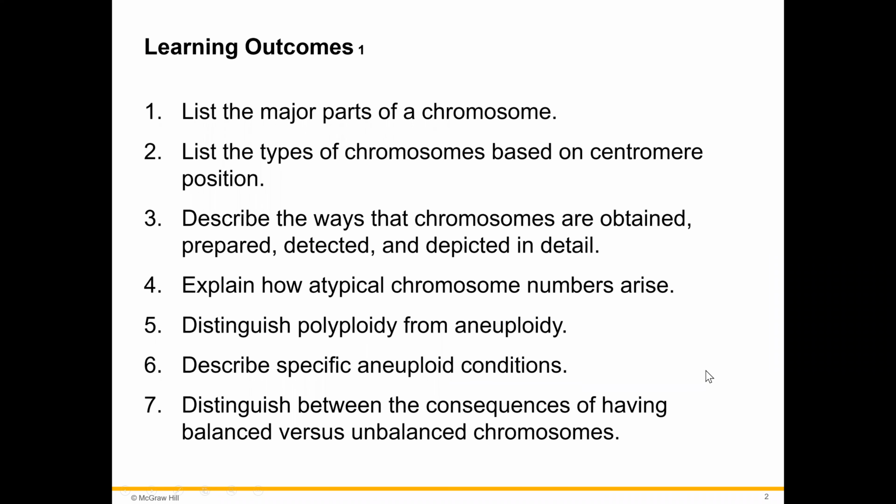We're going to start with the learning outcomes. After studying this chapter, you will be able to list the major parts of a chromosome, list the types of chromosomes based on centromere position, describe the way that chromosomes are obtained, prepared, detected, and depicted in detail, explain how atypical chromosome numbers arise, distinguish polyploidy from aneuploidy, describe specific aneuploidy conditions, distinguish between the consequences of having balanced versus